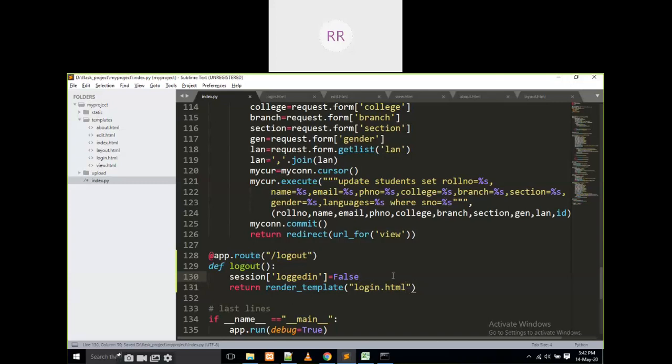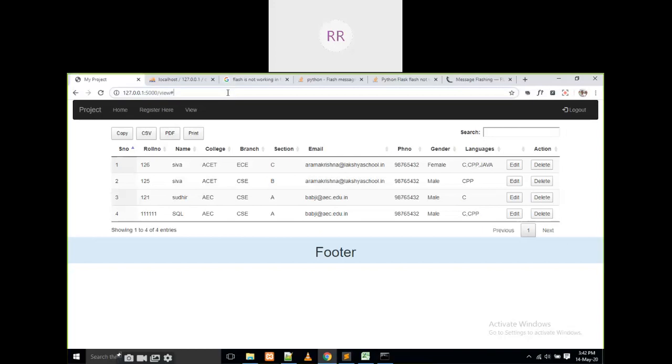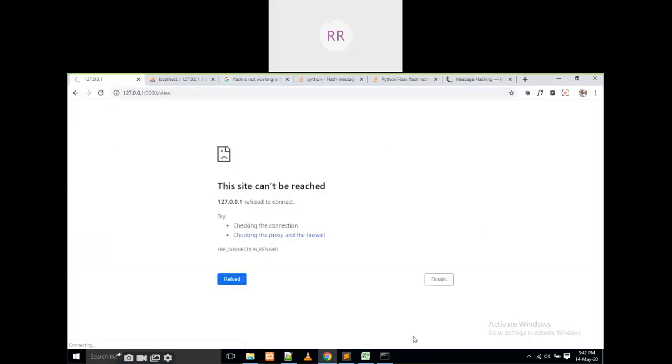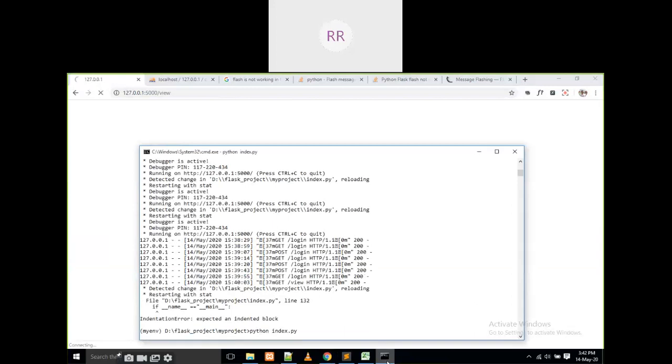Okay, I am going to move back to the login.html. Is it working or not? Again, I am going to check it. index.py, no problem with that.